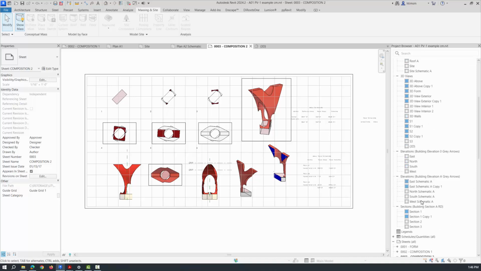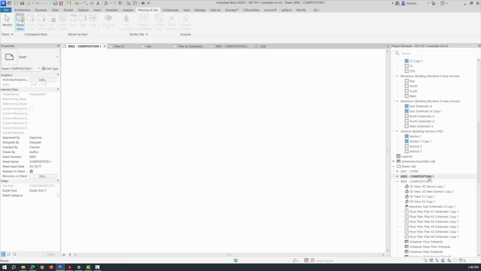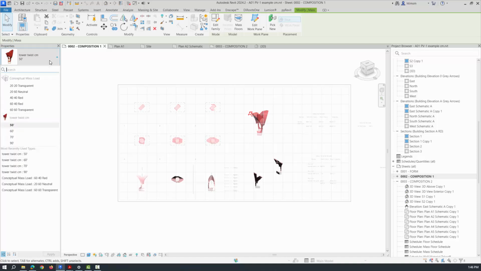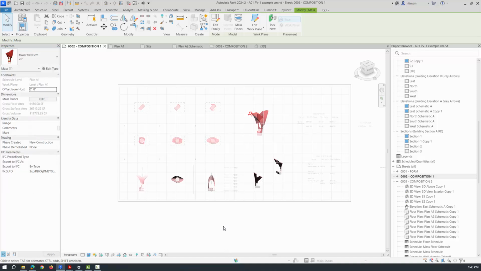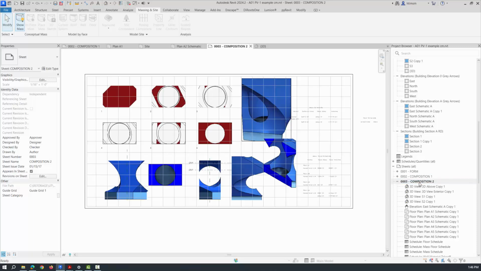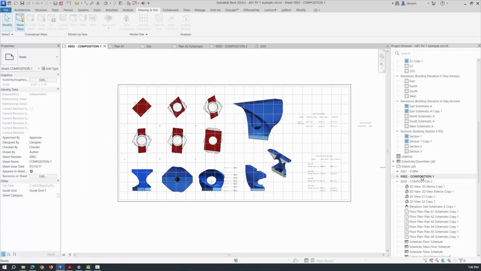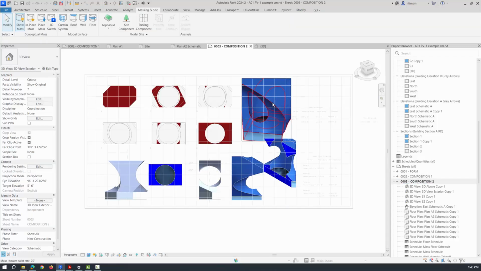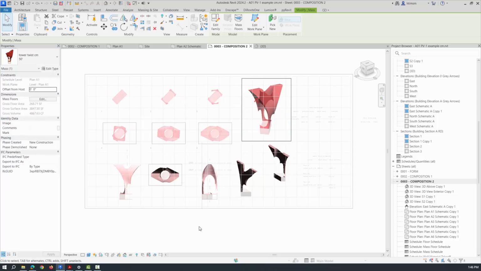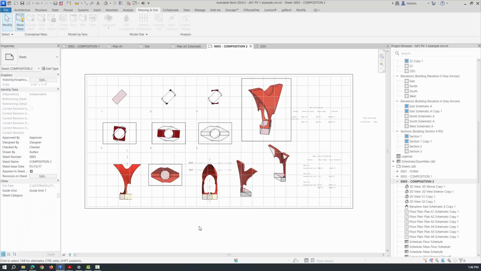Now, if I wanted to, I could go back to my composition 1 sheet, right? And if I flip out this guy for the 70 again, right, it will still work. So now, but if I go to my composition 2 sheet, woof, right, it's way too big, right? So, but you have both of them. So you would just switch them out when you wanted to print this one and then go to this one when you wanted to print the smaller one, right? So this one works for the 50 and the other one works for the 70. And then